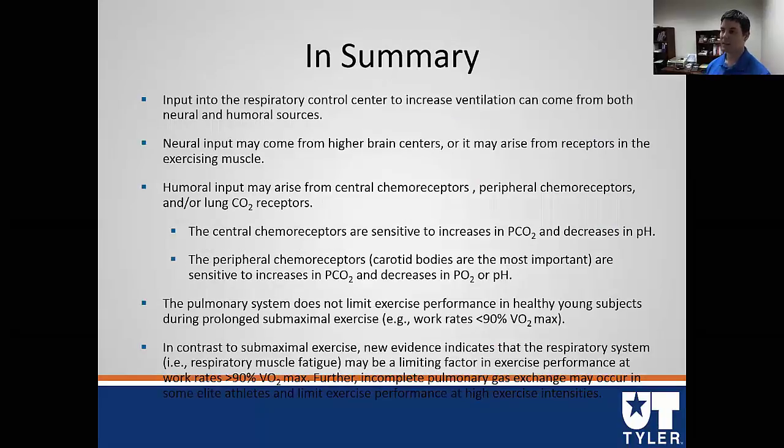So to summarize this section, the input to the respiratory control centers can increase ventilation and can come from both neural, skeletal muscle, and humoral sources. The neural input may come from higher brain centers, or it may arise from receptors in exercising muscles. Humoral input may arise from central receptors, which are in the CNS, or peripheral receptors,